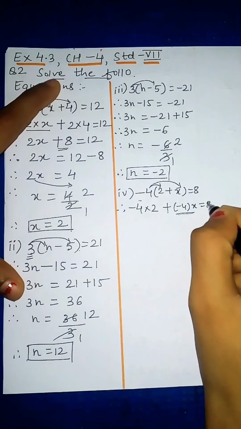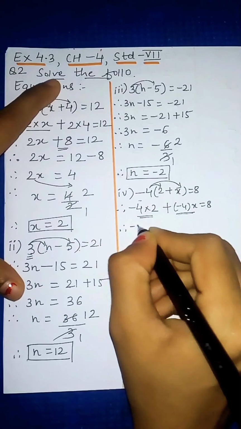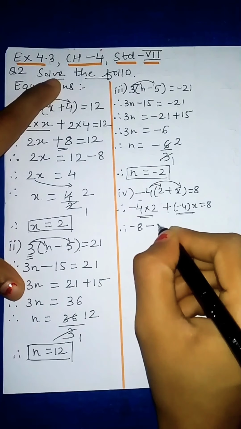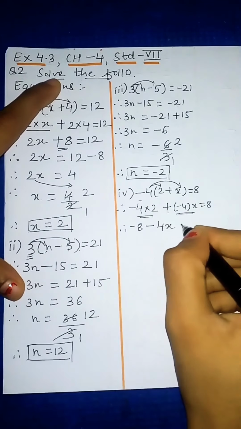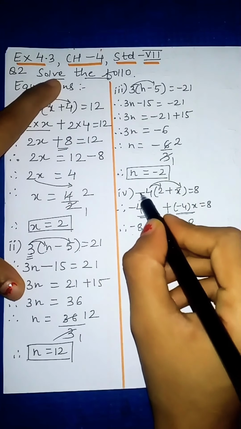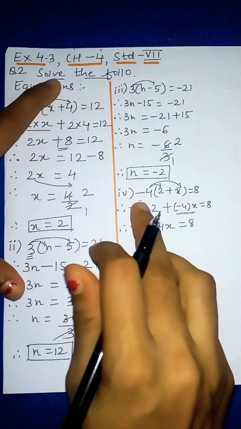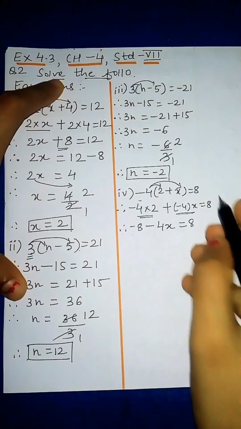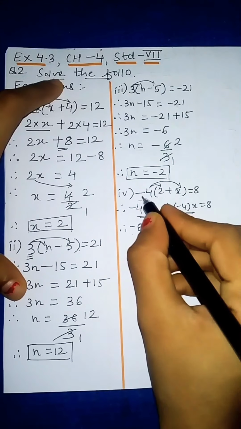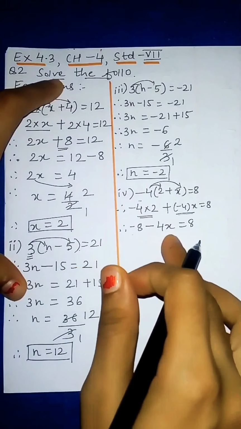And this side equal to 8. Now minus 4 into 2. 4 2s is 8. And this minus is given. So minus 8. Now here plus minus will be minus. And 4x, 4 into x will be 4x and that is equal to 8. You can write directly also minus 4 into 2 minus 8 and minus plus is minus. So this sign will change. Whenever outside the bracket a negative sign is there, this middle sign will change. So you need to be careful when minus is given and you are multiplying with a negative number. So minus 4 into x will be minus 4x.